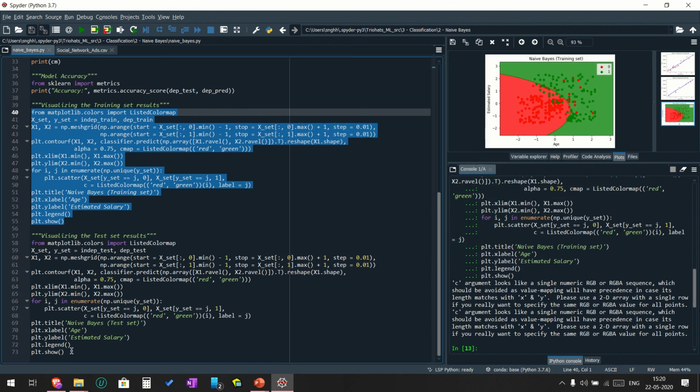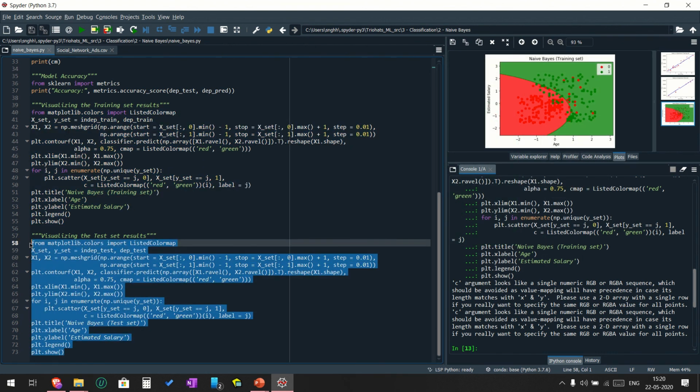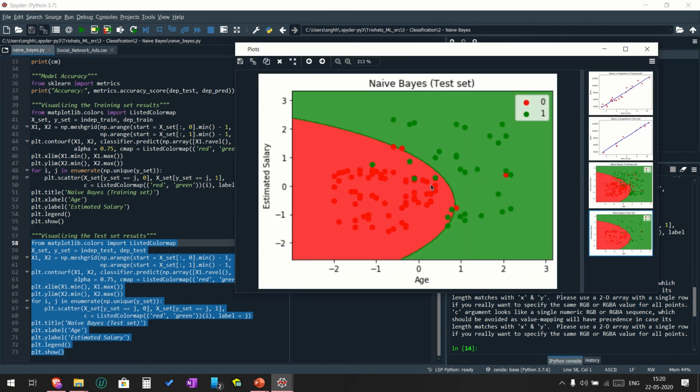And in the same way we have it for the test set, and as you can see there are 100 values in it, out of which 10 were incorrect. So I would say it made a pretty good prediction. Once the model is trained, the machine is tested, and this is the test result. So that's it for Naive Bayes, and this way you can use different data sets to train and test the performance of the model, and after you're satisfied with a particular model you can use it in the real world. So that's it for this video, and thank you.